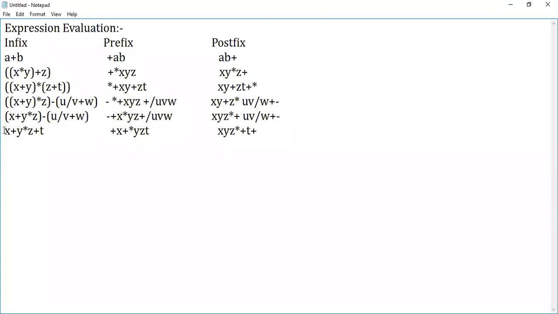So here you'll be going from right to left. Here it will go left to right. Here you can take the value like this for prefix. For postfix you can take in this order. X is added where the operator is going to be placed at your right hand, right? So you're supposed to place it here, then T plus.